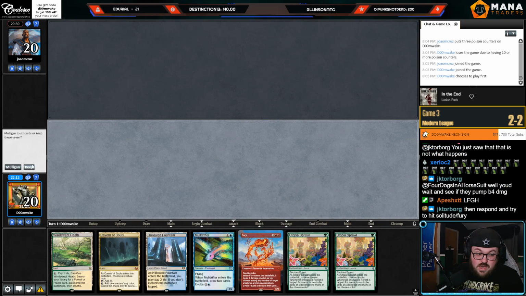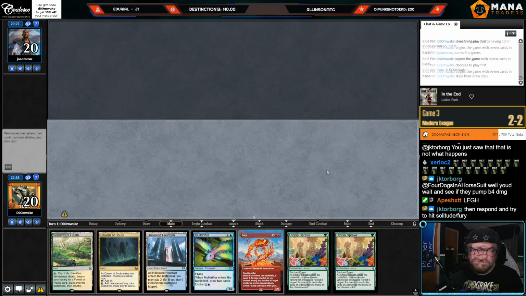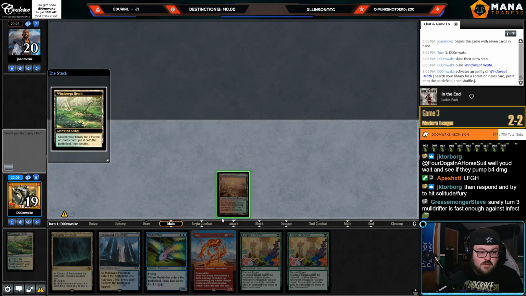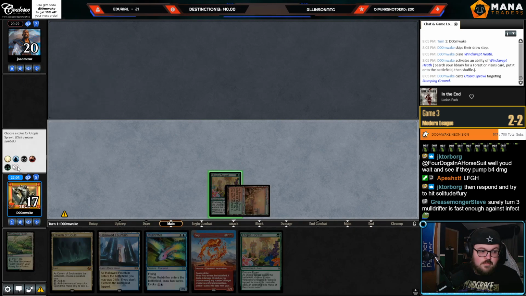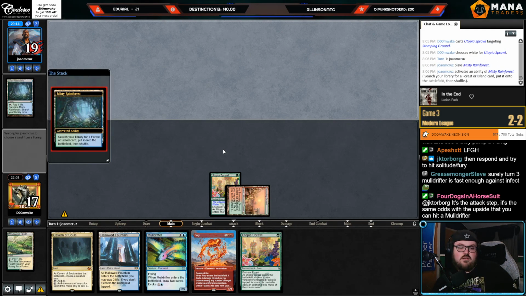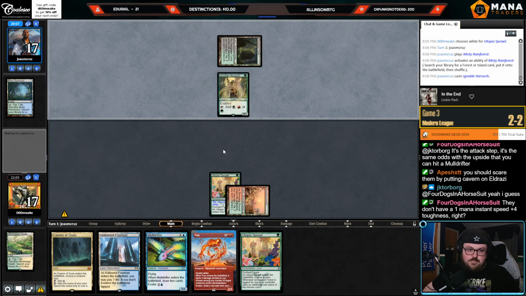This hand, I think you have to keep. So, let's go Stomping Ground. Our life total doesn't matter, so name white, I think. I mean, I'm just going to evoke the Mulldrifter on turn 2. Ooh, I guess I can't, because I don't have a second green. Well, I can't go Sprawl plus evoke. That's what I wanted to do, but...